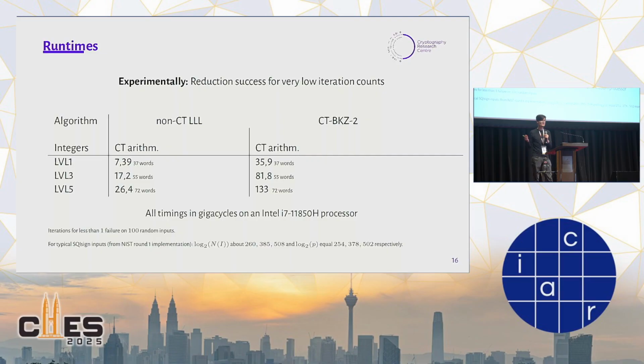Of course, constant time implementations come with the caveat that they just run longer. We cannot quite do anything about it. It happens basically everywhere. However, if we introduce a certain trick,